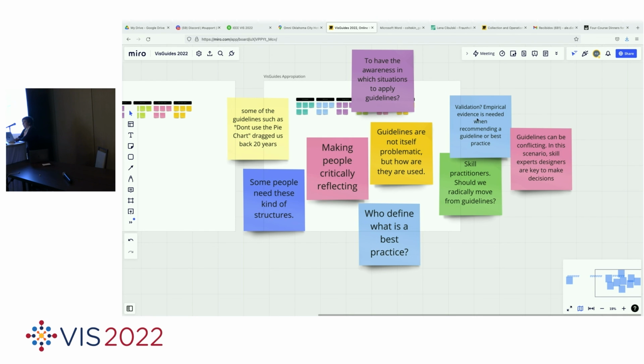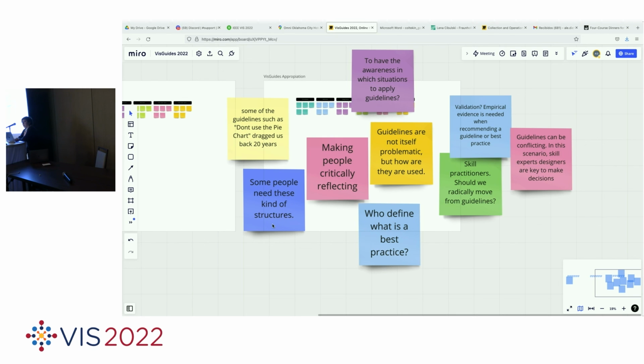We talk about validation and the need for empirical evidence when recommending a guideline or a practice. And in cases where this evidence is contradicting, I think we mostly agree that expert designers are key to make the decisions. So should we radically move away from guidelines? And what is a guideline? Who defines what is a guideline? What is a practice? If we move away from them,